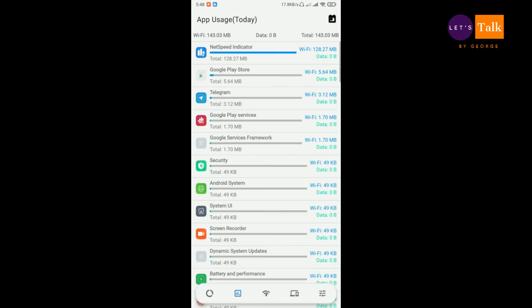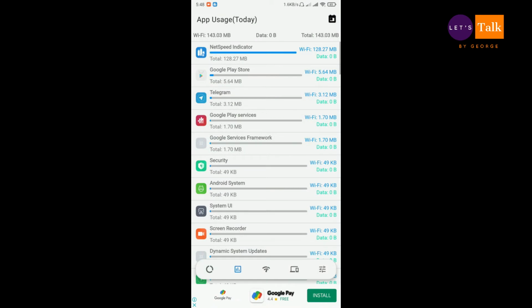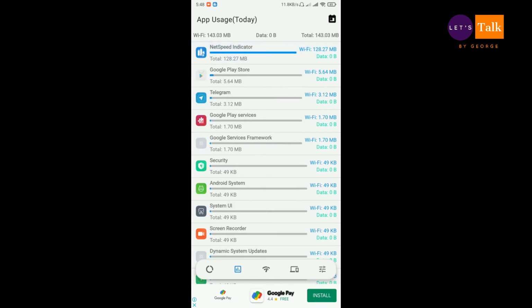It is the app usage page. I know there is a little bit of an ad coming up. Please tolerate it, because this is a really good app and they are doing a really good job. Here in the app usage data page, you get the app usage, how much each app has used your internet, and this is really good.